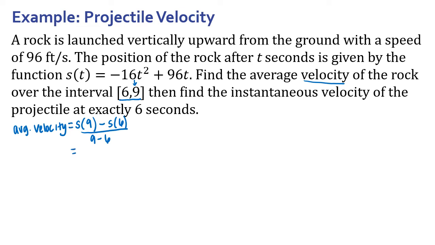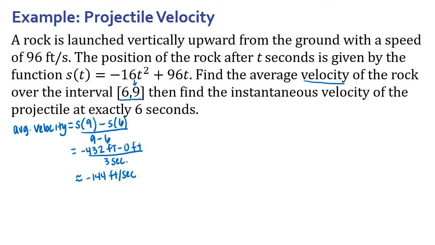So that's going to end up giving me a value of negative 432 feet minus 0 feet all over 3 seconds, which gives us approximately negative 144 feet per second. So the average velocity of the rock over the interval [6, 9] is negative 144 feet per second. That means that the rock is falling, because it's negative, at a rate of 144 feet per second between 6